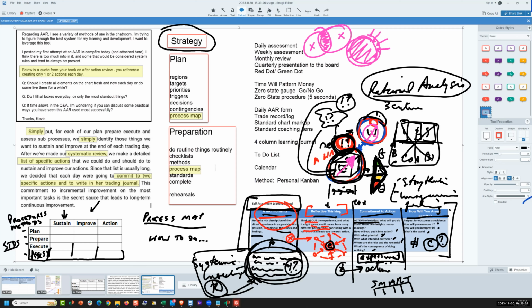It's not unusual to go all the way through that 4-column learning journal and to be surprised by the conclusions, which invalidated some assumptions that you had in your model. That's actually a good result, because now your model moved that much closer to a dynamic world. And how many people had those same old assumptions you had and are now wrong? That gives you an edge. So the 4-column learning journal is a process of systematic reasoning and investigating, action learning,